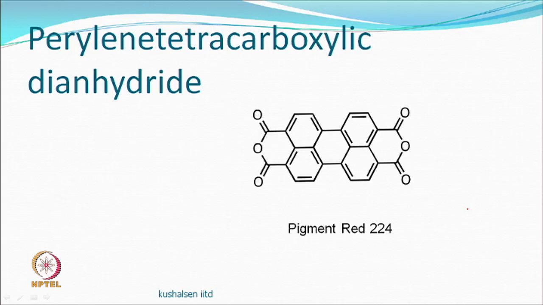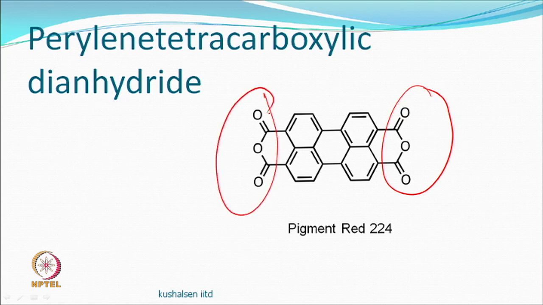So, this is the kind of molecule that would be there, but of course, you can keep changing, add a nitro or a chloro, all kinds of things can be added. So, you can see there is an anhydride on this side and there is an anhydride on this side. So, an interesting type of chemistry, perylene. So, you have tetracarboxylic acid, carboxylic 1, carboxylic 2, one anhydride, carboxylic 3, carboxylic 4, another anhydride.